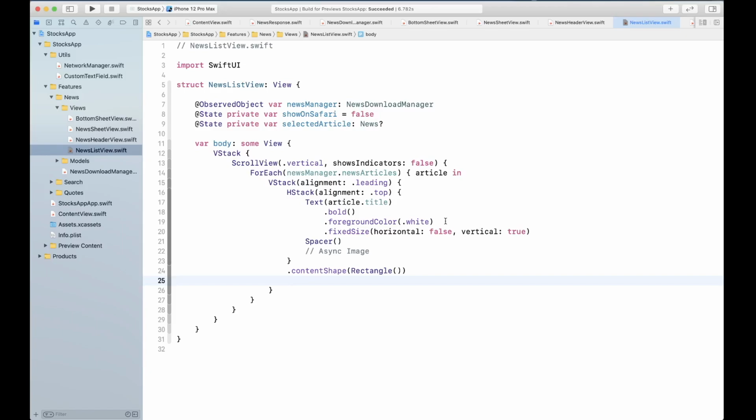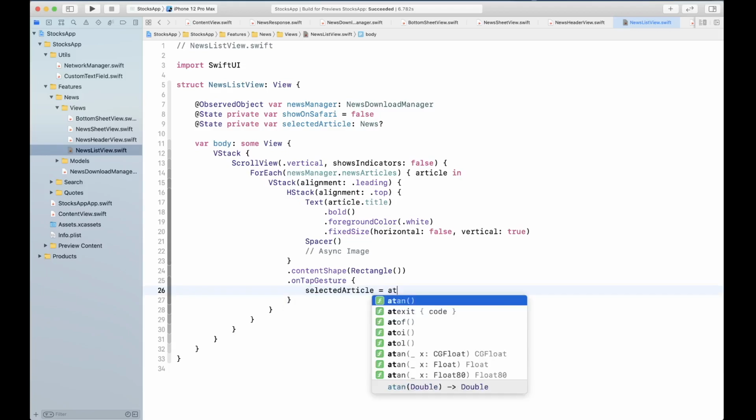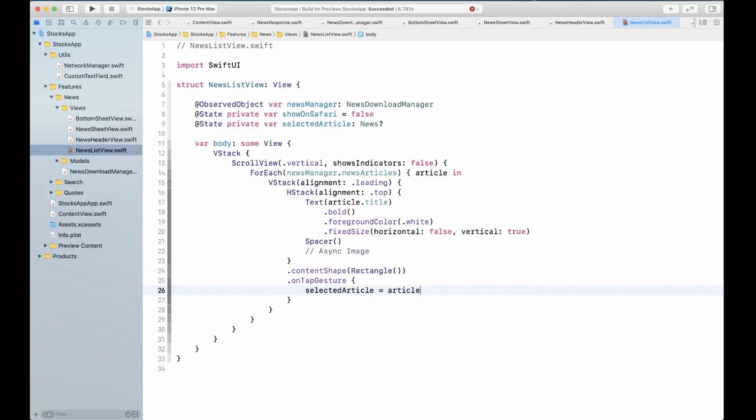So we are going to give the onTapGesture as well, and this onTapGesture is going to populate the selected article. So we're going to say selected article is equal to article, and show on Safari, we're going to toggle that.